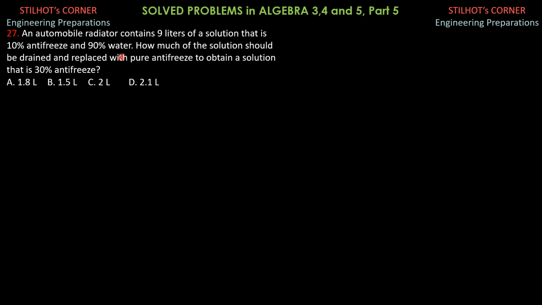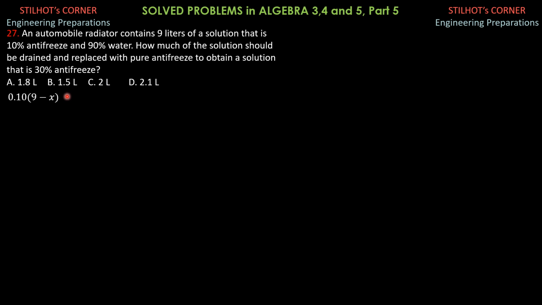If you denote X as the amount of the original solution that should be drained and replaced with pure antifreeze, then the amount left in the original solution would be 9 minus X. And we equate the pure amount of antifreeze, which is 10% of quantity 9 minus X. So 0.1 of 9 minus X, since we add pure antifreeze with the same amount X, and that is 100%